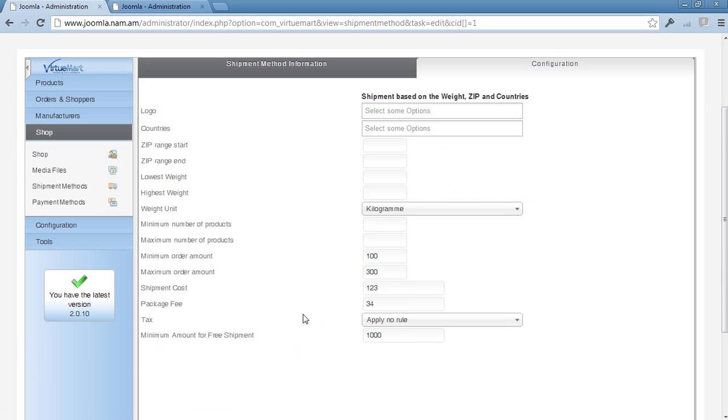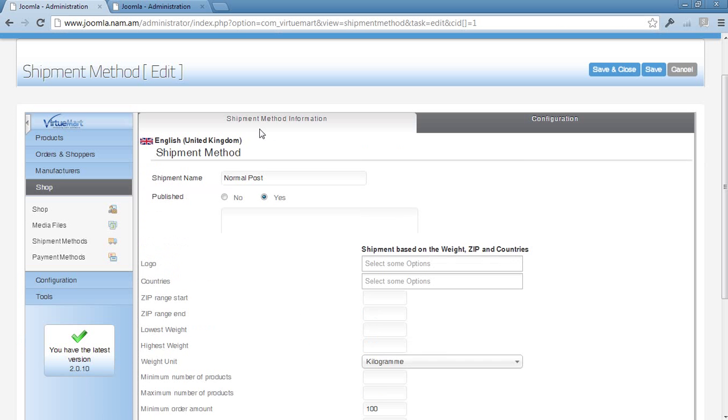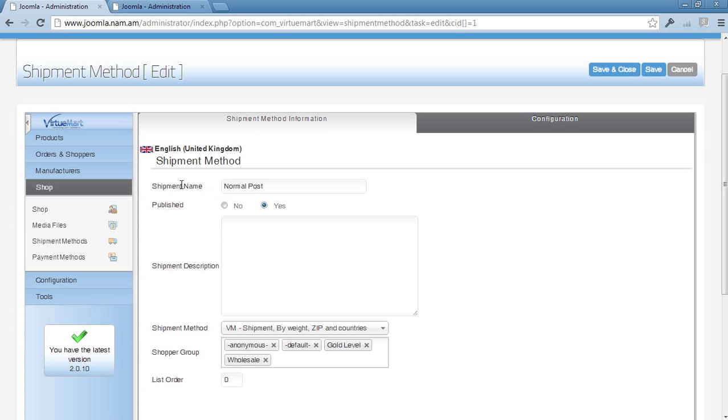And so let's quickly look at what is done here. You could change this if you wanted to, or you could create a new, different one. In fact, oftentimes you might need to have a few shipping methods, since you have different price ranges in different weight classes and different quantities and so forth. Okay, so I just set up one, called it normal post, and